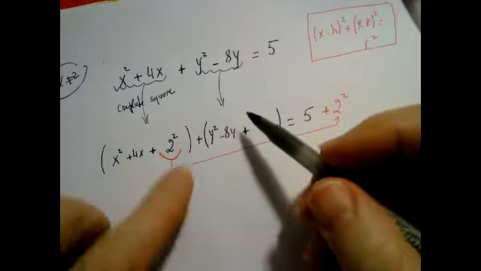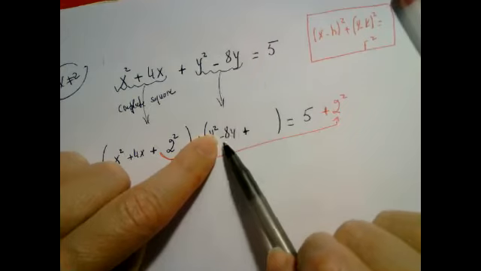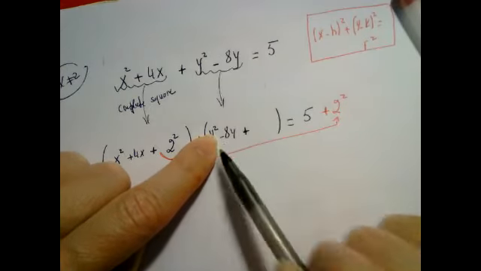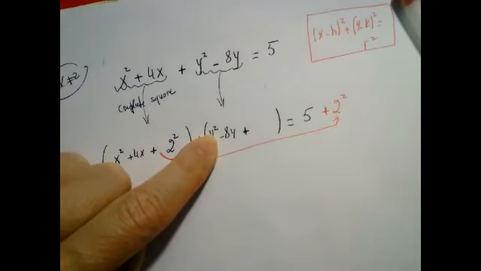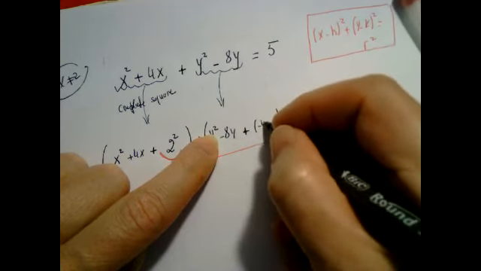What should I add? 4. All right, so this is going to give me y multiplied by minus 8 divided by 2. Why 4? Yeah, but what should I add? I should add what? Minus 4